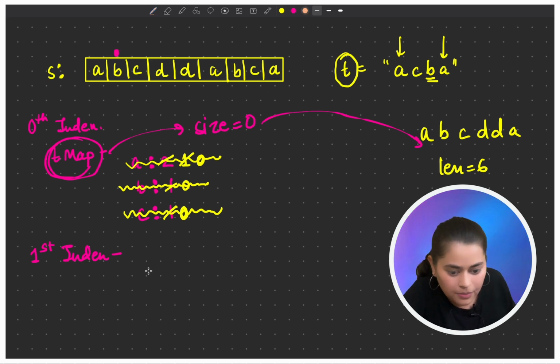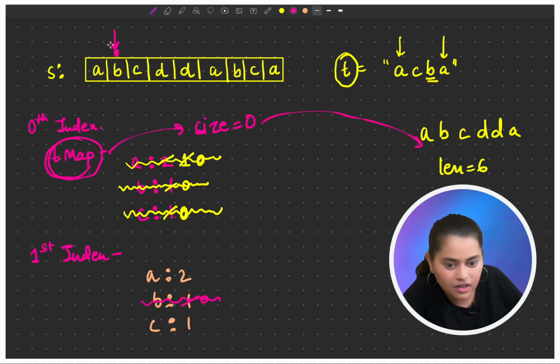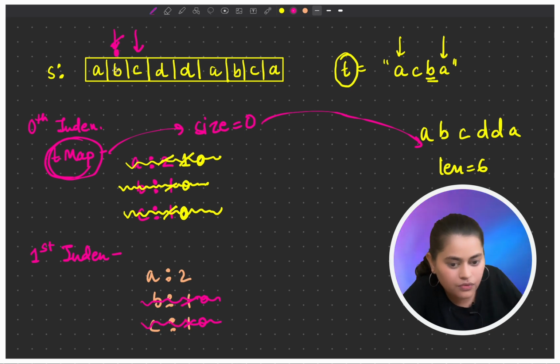First let's create a map. So we are at B, we got the occurrence of B, we got 0, that means we have all the occurrences which are required. Let's move ahead. C, we decremented the count. Since the count became 0, we know that we have all C from the first index till now, same as required in the target string. D will do nothing because D is not present in the target string. D will do nothing. A, decrement the count, right? Since it is not 0, that means we need one more occurrence to make it same as the number of A's in the target string. Let's move ahead.